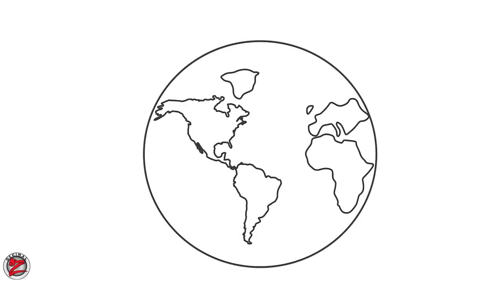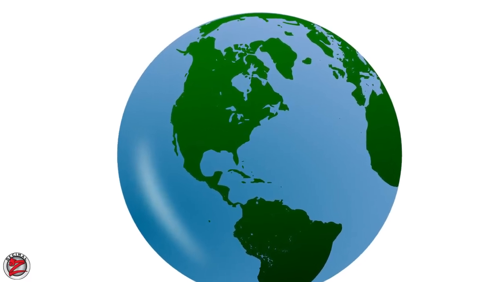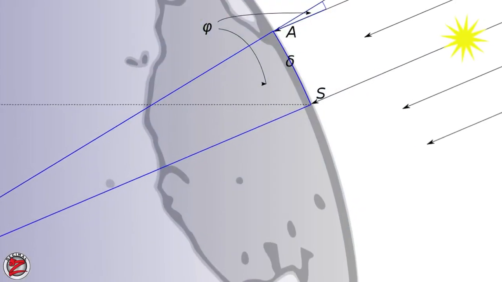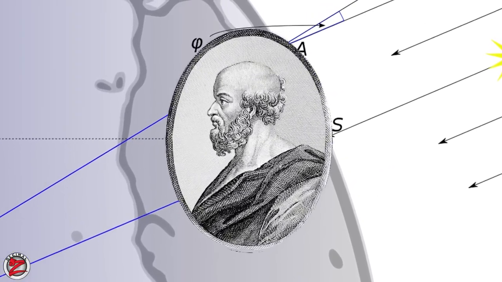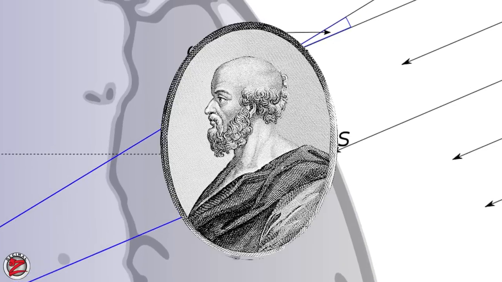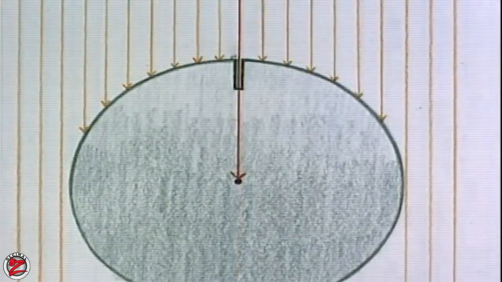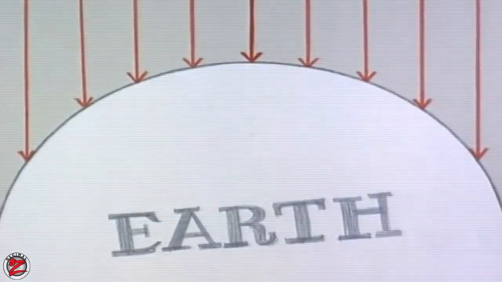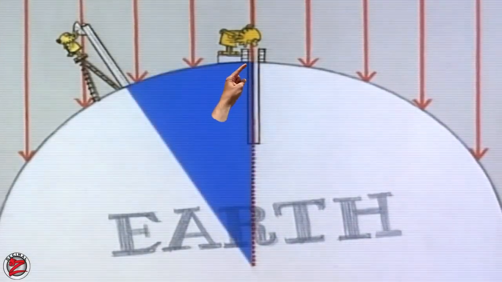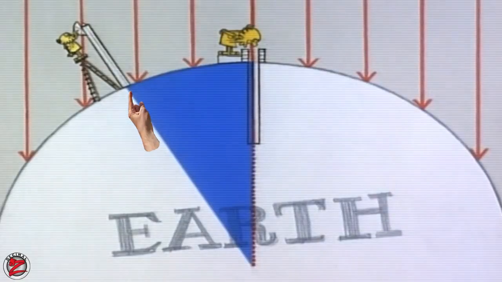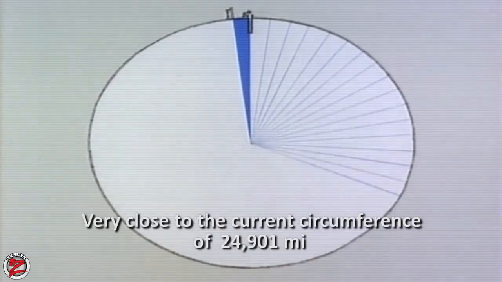So what do we do next? We need to know the actual circumference of the circle. If we assume that the Earth is a globe, then it has to have a circumference. How do we measure the circumference using the real angles of the sun? Here comes Eratosthenes, who supposedly calculated it 2,000 years ago. And today, we still use his math as a proof. What he did was measure the distance in real life between this 90-degree angle, Syene, and the second point on Earth, Alexandria. And then he measured the angle of it and did his famous math and got 25,000 miles.